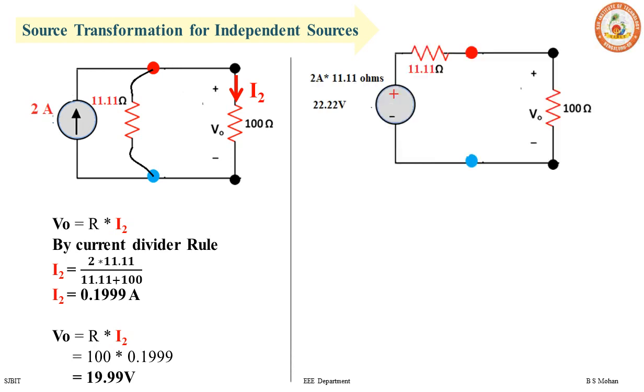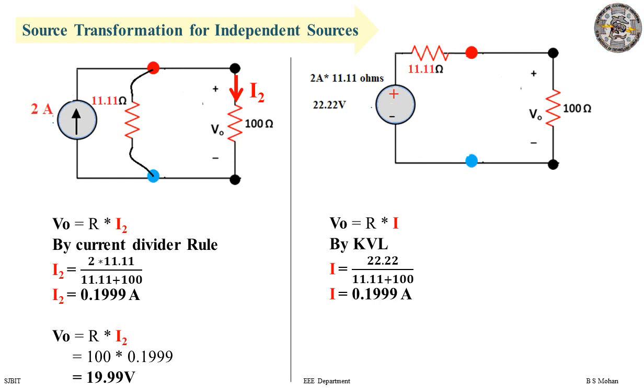So let's see the other way around. If I convert this practical current source that we have, that is 2 amperes and 11.11 ohms across AB, that is red and blue dots, I get the voltage source as 22.22, and then the resistance would be in series, that is 11.11. Now we have a single loop, so let's apply KVL. So by Ohm's law again, we know V0 is equal to R into I. Here we have taken current I in clockwise, thus I by KVL is 22.22 divided by the total resistance 11.11 plus 100. We get approximately 0.2 amperes,